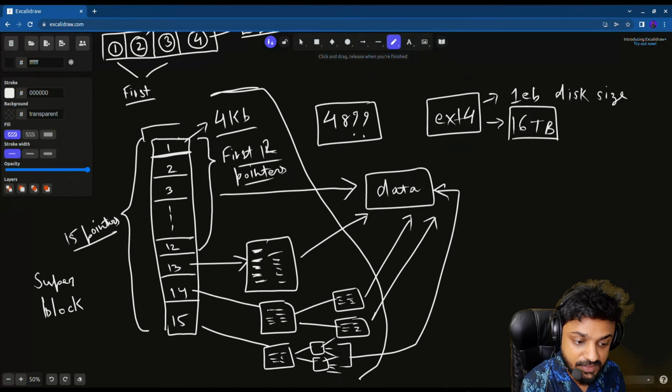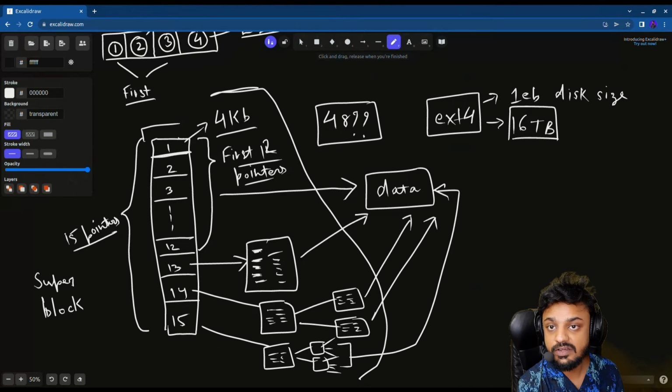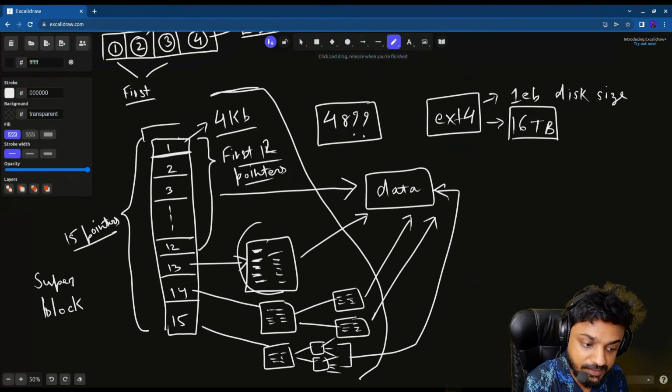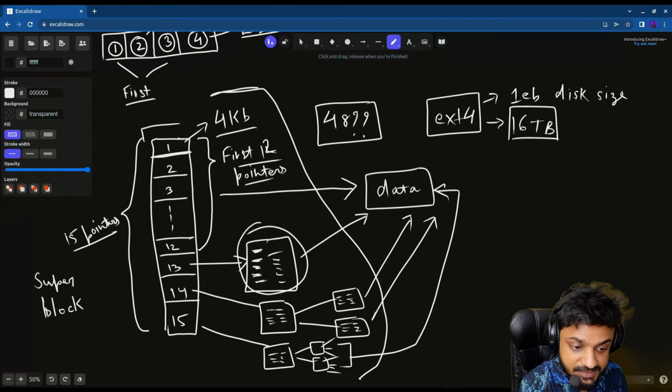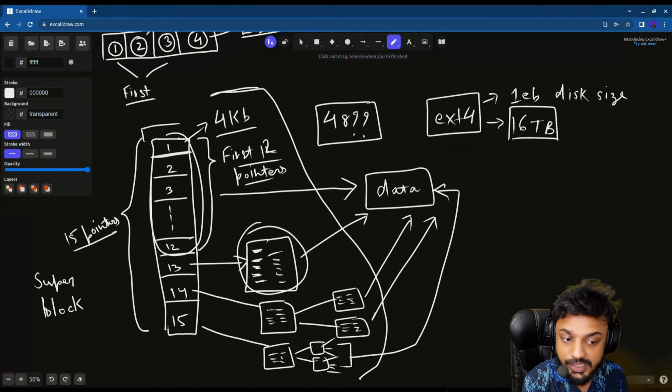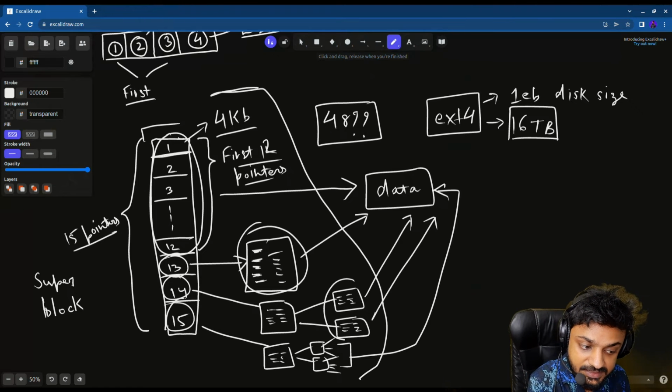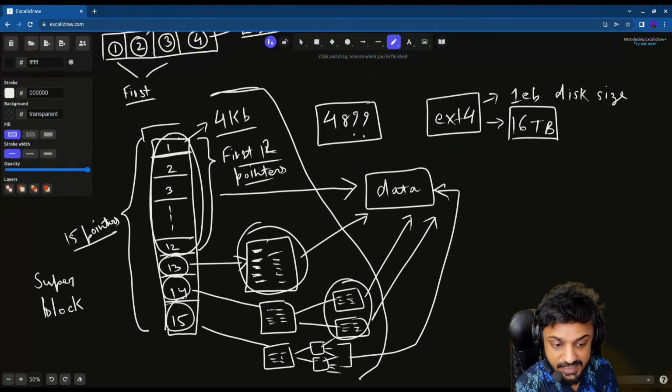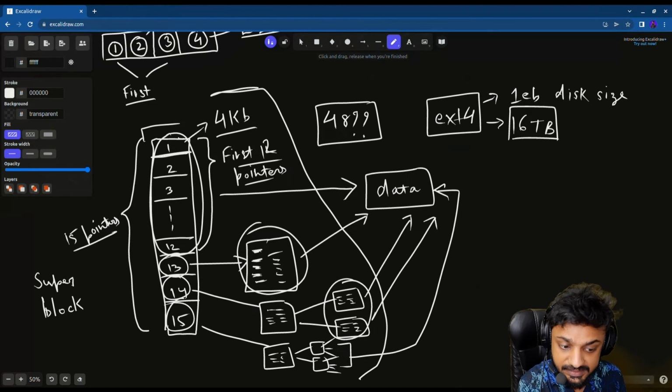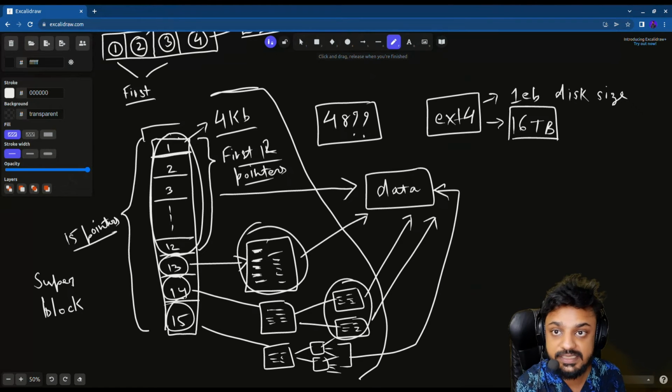So again, when I talk about this array of pointers, it is again going to have a similar structure: these 12 pointers that point directly towards the data, then a 13th pointer, a 14th pointer, and a 15th pointer. These arrays of pointers again have this similar structure. First 12 pointers pointing directly towards the data, then a 13th pointer, a 14th pointer, and a 15th pointer,